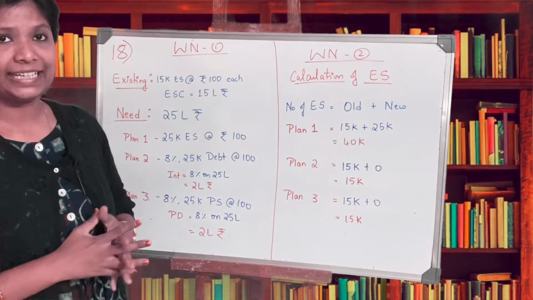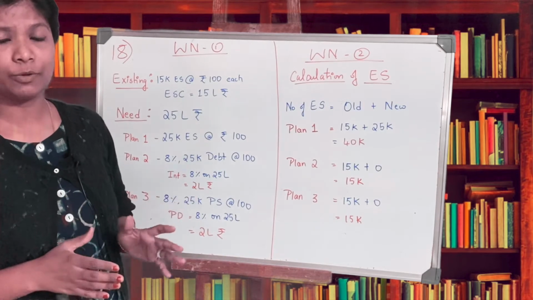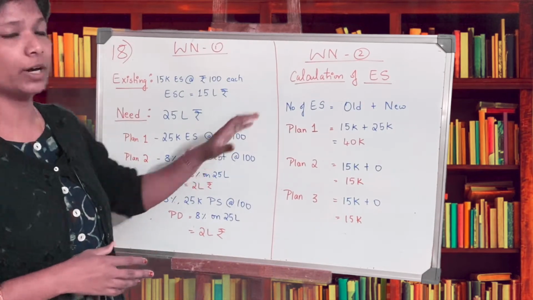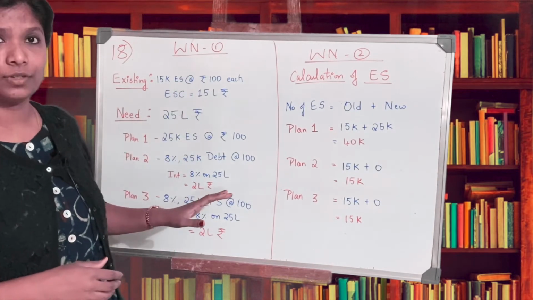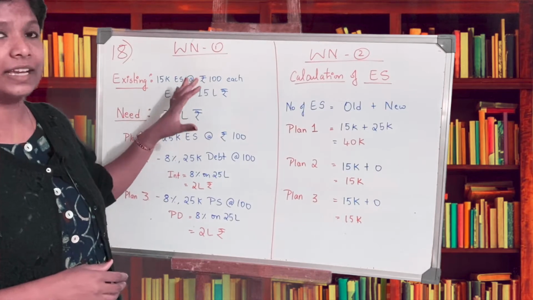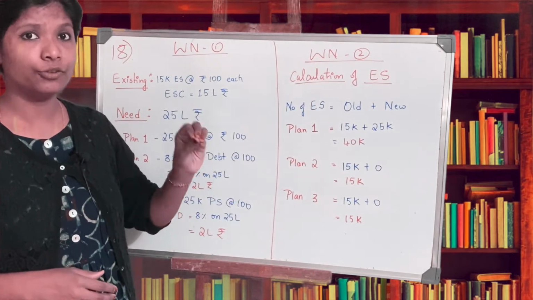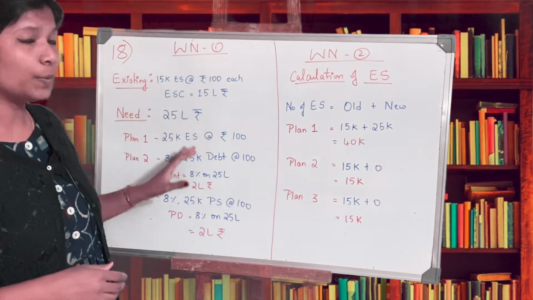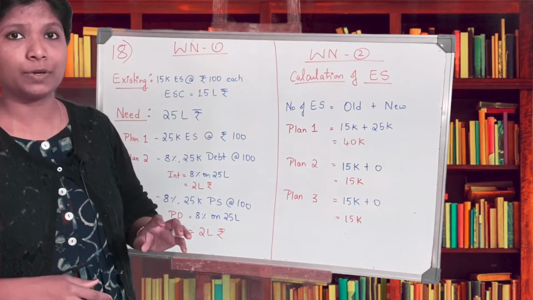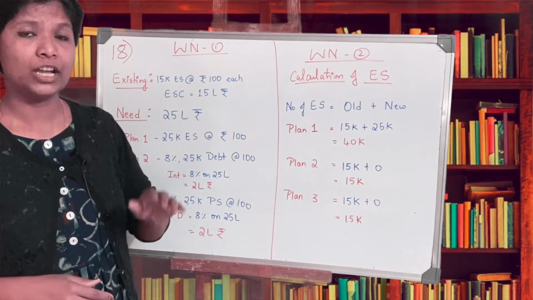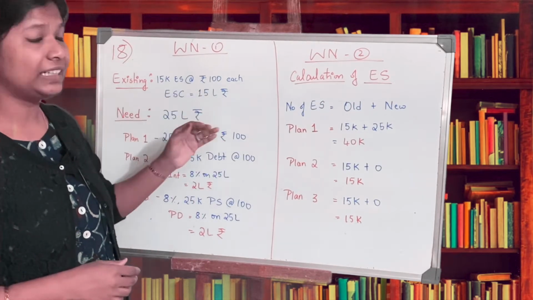So question number 18, this is the section C question, very important one. Now first thing before solving these questions is you need to have a working note. 2 working notes irrespective of the question is important, okay? Especially for section C, calculation of plans and calculation of equity shares is a must. If you are going correct in solving or in noting down the working note properly, your income statement is going to be a cakewalk. Okay, now please pay attention and understand the working of the details of the question.